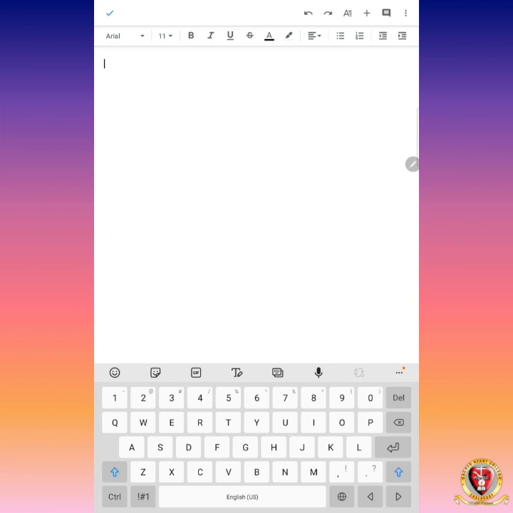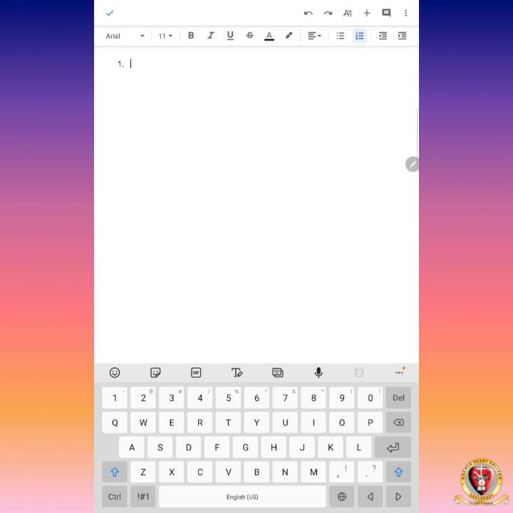This is similar to your Microsoft Word, but what is the additional advantage of Google Docs? Google Docs is created in your Gmail account. If you create one Google document, you can type any matter inside this Google Doc. I'm going to answer one question paper.